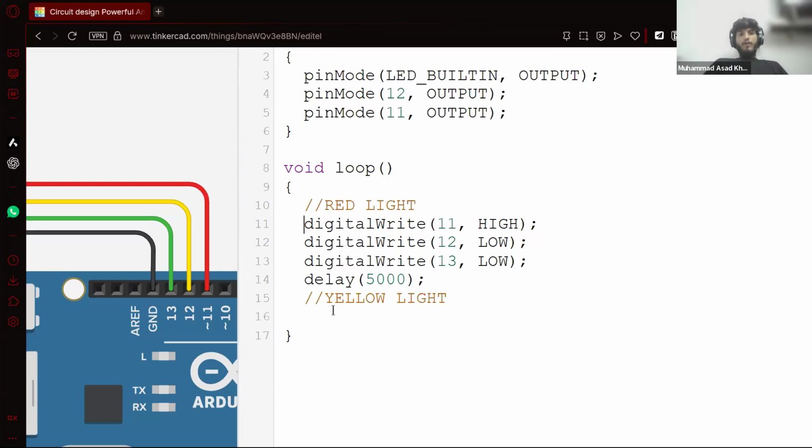Okay, for now, what we have done is that we said to the Arduino that we want to digitally write the pin number 11 to be high. So the pin number 11 has the red light. We can see from here that the wire is red, so the LED must be red too. And then we told it to make the 12 and 13 low, which means to turn off the yellow and green LEDs. And then we just told it to wait for 5 seconds. So the red LED stays on for 5 seconds and the yellow and green ones stay off for those 5 seconds. Okay. Now what I'm going to do is turn off the 11 pin, which means the red LED, and turn on the